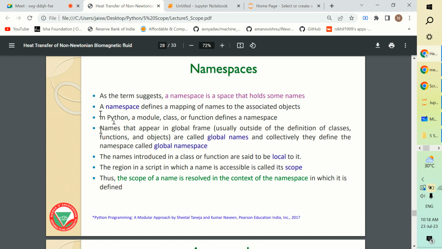Okay. In Python, a module, class, or function defines a namespace. Names that appear in the global frame are called the global names, and collectively,